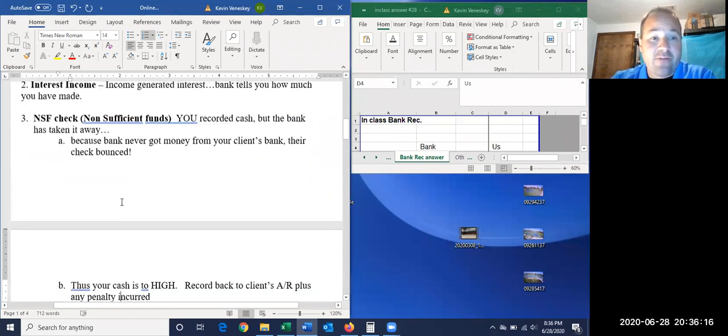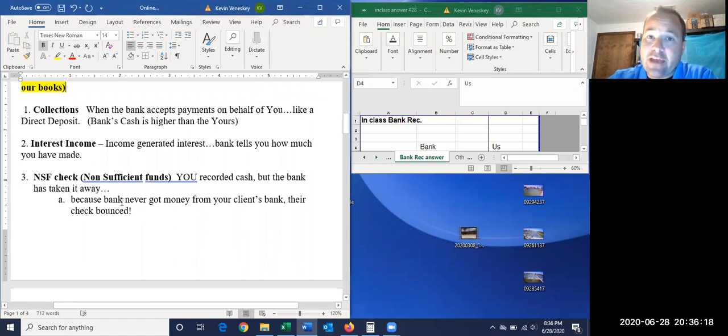The rest of the items that I have here are things that generally you'll find on the bank statement that we didn't know about or we just forgot about, perhaps. And the bank is showing, hey, we had this happen, you need to adjust your books. So sometimes if you're a company that collects deposits and maybe you're a landlord and people put money into the bank instead of going through you as the middleman and then you putting it into the bank, some renters do it like that. Maybe you didn't know that that happened, or perhaps even if you get a direct deposit into